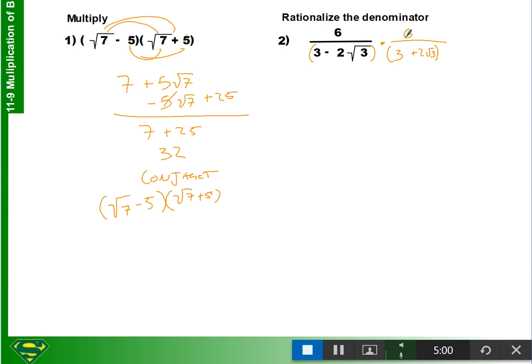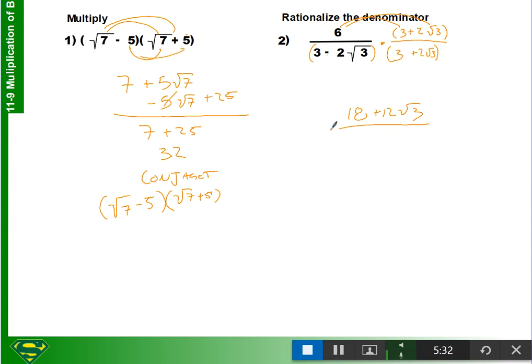Oh, not 6. And when I multiply the denominator by the conjugate, I have to multiply the numerator by it as well. All right, so 6 times 3 is 18. 6 times 2 is 12. And I still have my root 3. I realize my 12 might be a little hard to see. Okay. All right, but in the denominator,